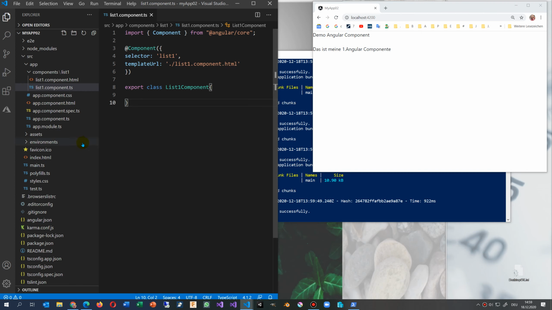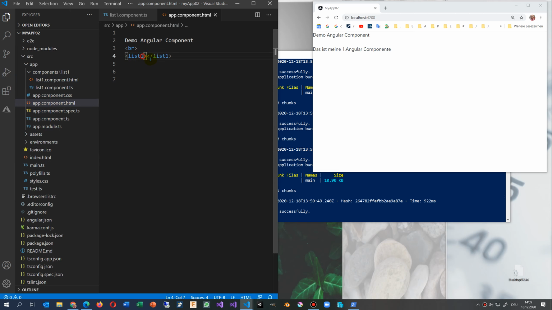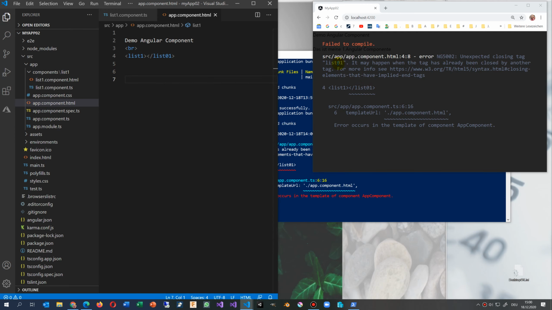Now this runs also. This is in my app component, and if before this I've written something wrong here, this is the error which comes there. Failed to compile, unexpected closing tag. This is quite good. Before, I had this, it means in the source file app component HTML line 4 character 8, somewhere